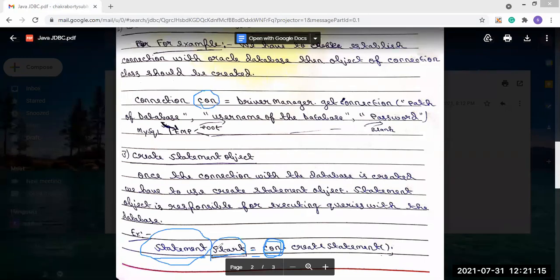So through the object of the Connection class, we will call the createStatement method. So after the createStatement method, we have used it. So the driver is loaded, then the connection